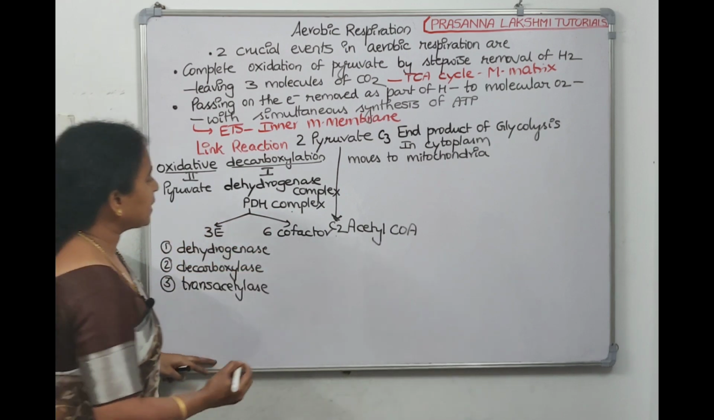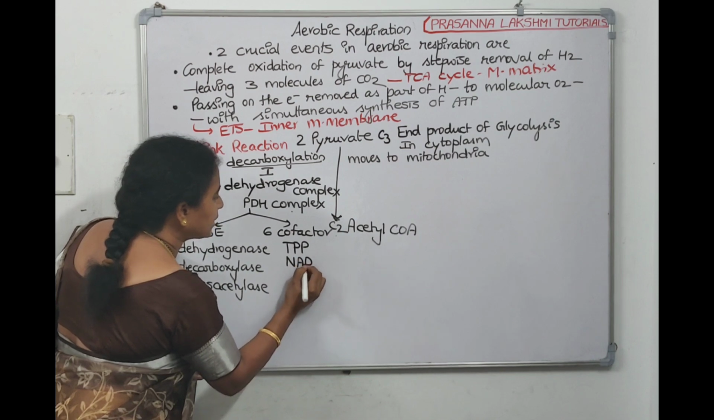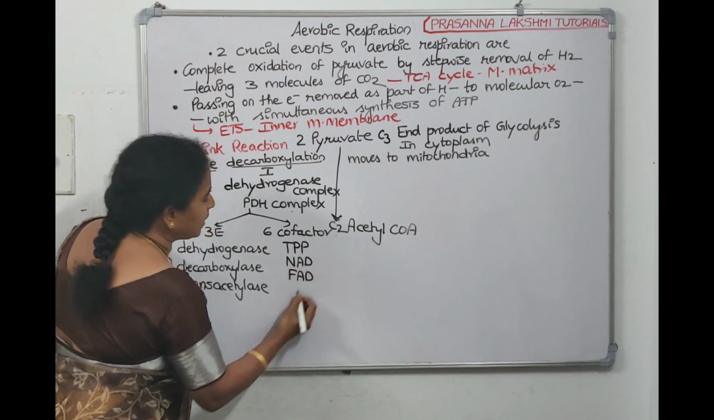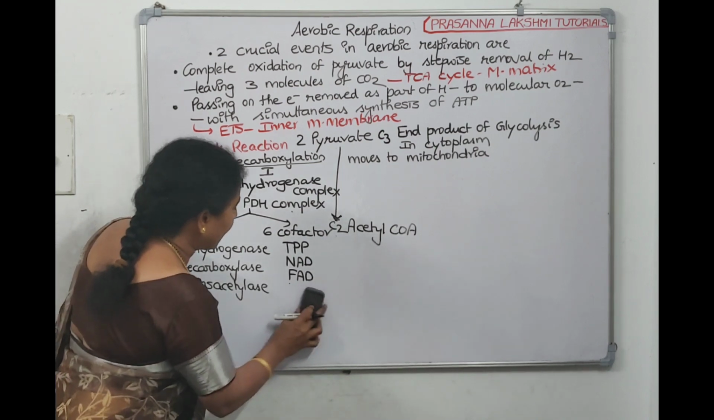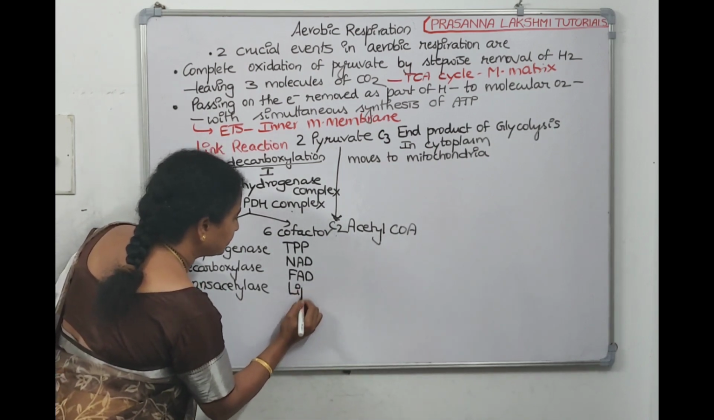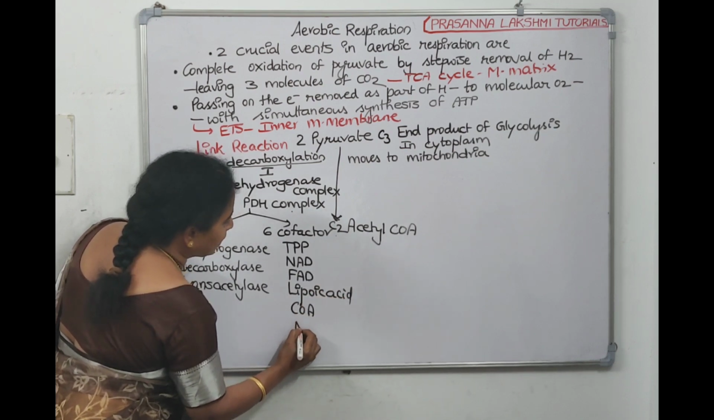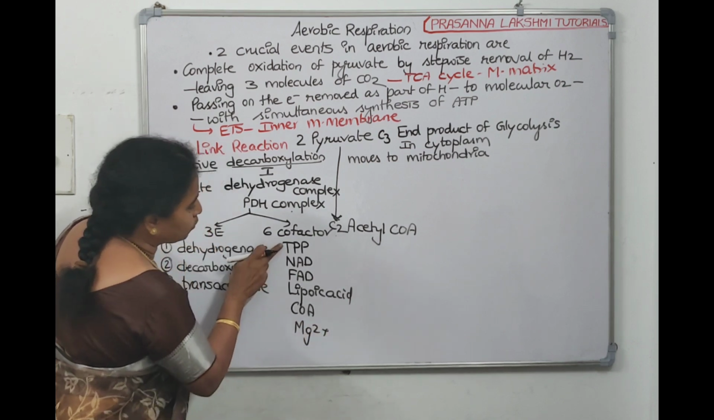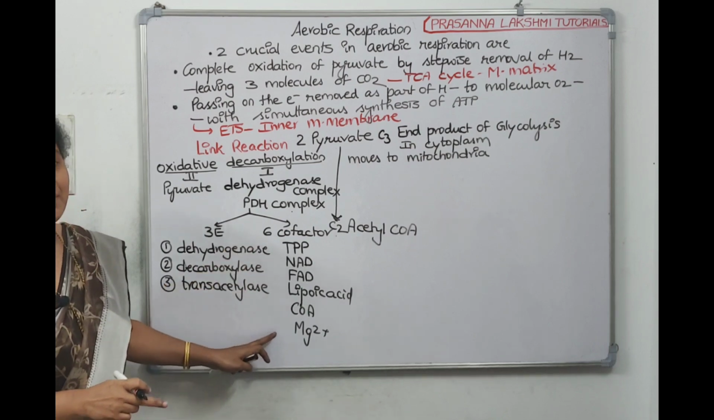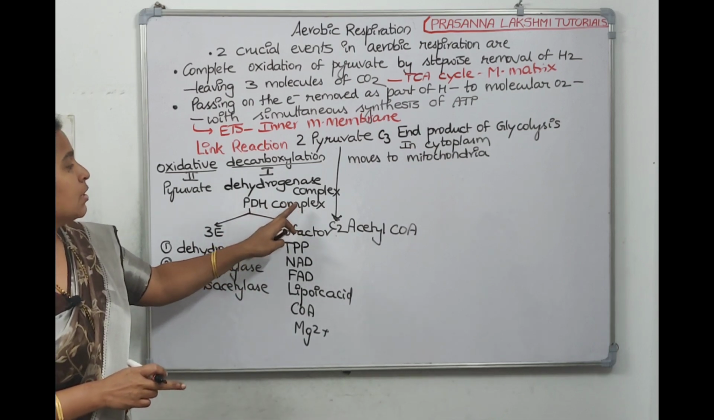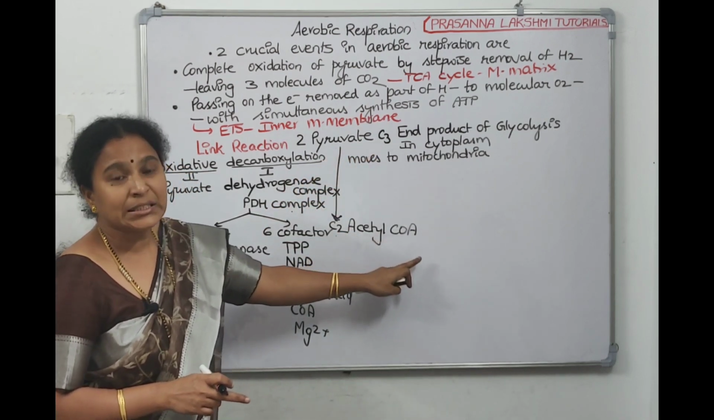The 6 cofactors are: the first cofactor is TPP, the second cofactor is NAD, the third cofactor is FAD, the fourth cofactor is lipoic acid, the next cofactor is coenzyme A, and the last cofactor is Mg2+. 1, 2, 3, 4, 5, 6. 6 cofactors and 3 enzymes are there in this complex, which will convert a 3-carbon acid into a 2-carbon compound called